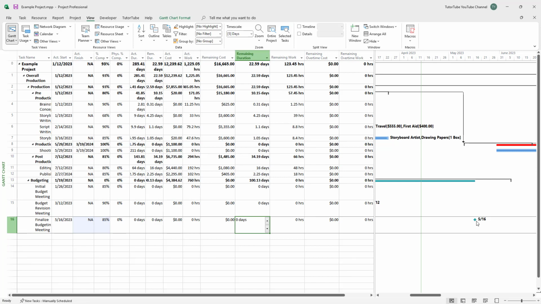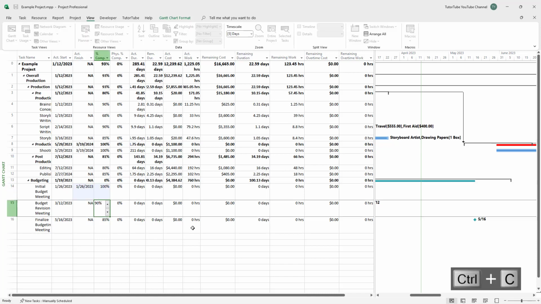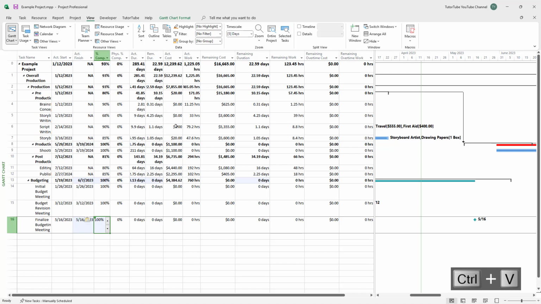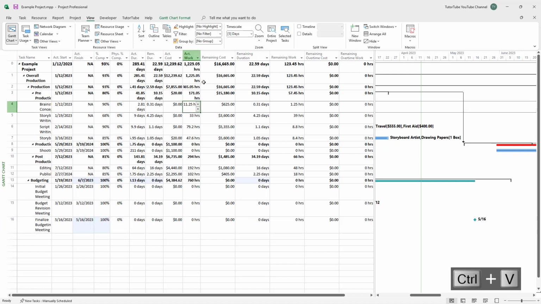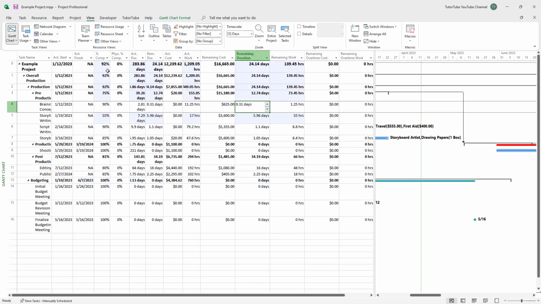That is because they are milestones. They are meant to be completed right then and there, so that's usually supposed to be 100% itself. But over here on the top, you can see that depending on the values I have right here, you can see the total percentage of the work complete. You can see the remaining cost, the remaining duration, and remaining work for individual tasks as well as the entire project right here. And that is how you can see the remaining details column for recording progress